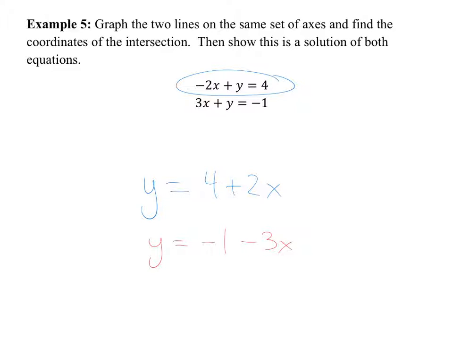Isn't it useful though? Again, it doesn't have to be. It might be useful if you're looking at an application where it's useful to know what the slope actually means. The slope is the change in the amount of gallons of gas per unit time. Then it might be useful. But for this context, we don't know what this problem is about. So it makes no difference whether it's like this or like this for us. So go ahead and put these in y1 and y2: 4 plus 2x and negative 1 minus 3x. Go to your graph, please, to do this. I'm going to show